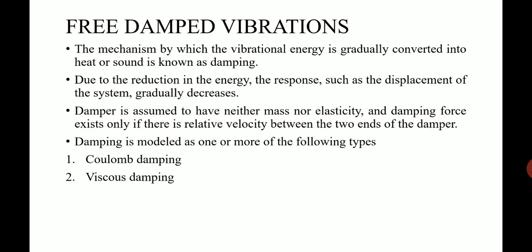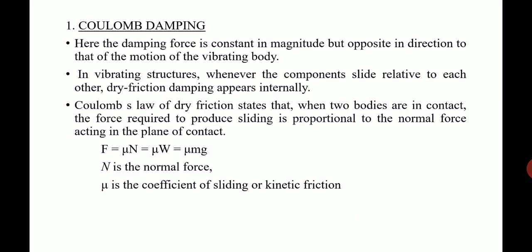So basically we can model damping by different methods. Of those, we are going to consider two cases here. First one is Coulomb damping and second one is viscous damping. Usually damping takes place because of friction, or because of some kind of internal reaction in the system. It's very difficult to model an internal damping, so we'll be modeling damping using certain things which are easier for us to analyze. Of that, first one is Coulomb damping.